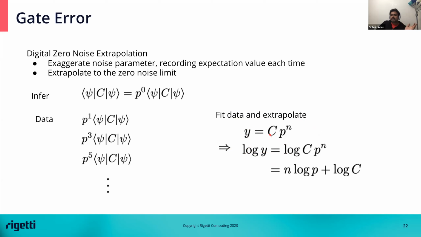original function and say, okay, maybe it's some polynomial fit to n, or maybe it's an exponential fit in this case, or maybe it's a linear fit, or maybe I don't know what fit it is. I'm just going to try a few fits, according to some loss function, say. And maybe we'll see that one of those fits really explains the data really well. And if it does, then I'll just fit that trend line and extrapolate back to